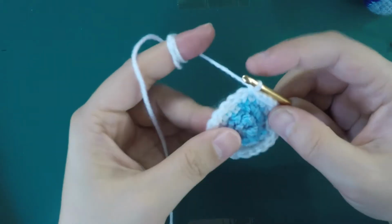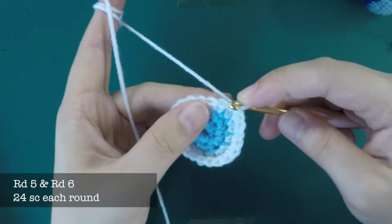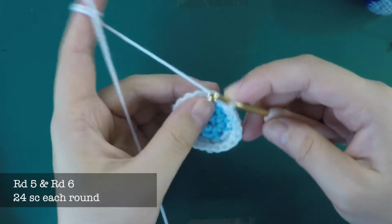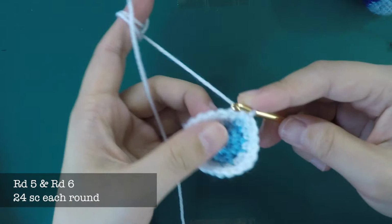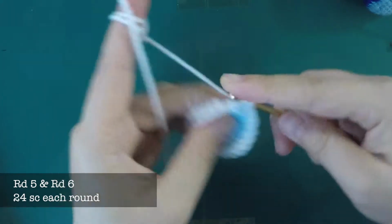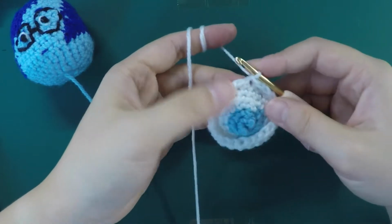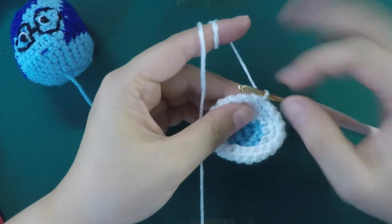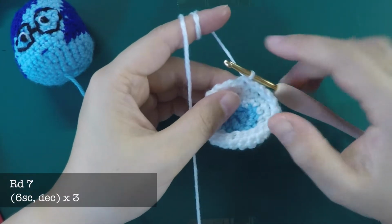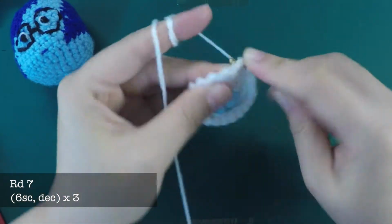Round 5 and round 6, we are going to make single crochet around, 24 stitches each round. For round 5 and 6 I'm going to fast forward here, so please pause anytime if you need more time. Let's go. So this is what we have for ending round 6, and we are going on to round 7. In round 7 we are going to do 3 sets of 6 single crochet, and we are going to start decreasing. So 6 single crochet,